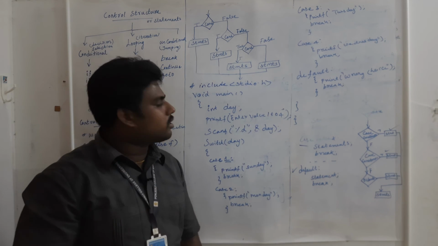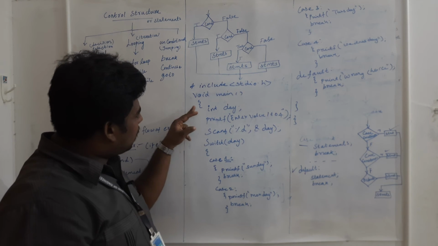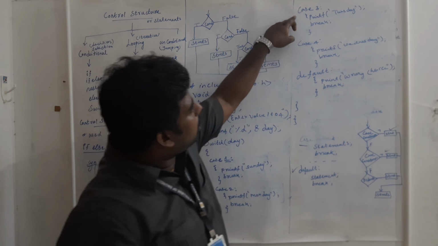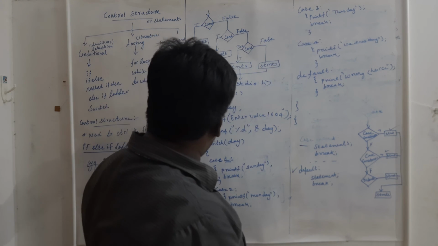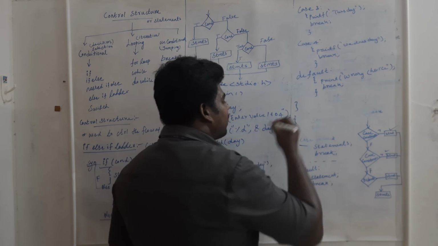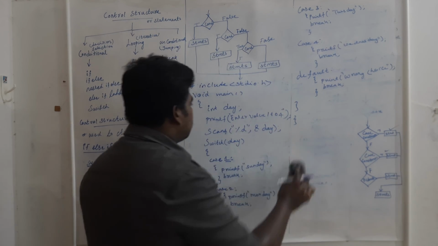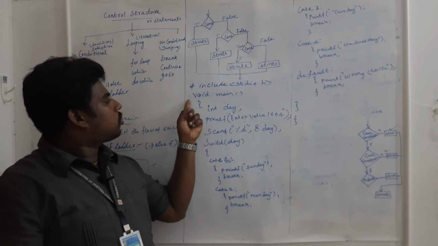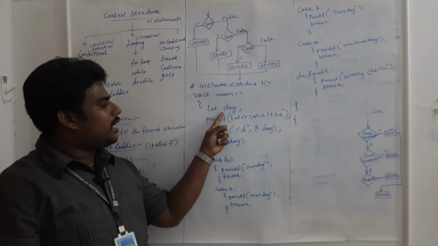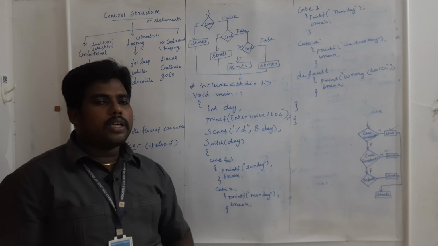While putting curly braces, you have to maintain them carefully. See how many openings here, 1, 2. Here it is closed, here also it is closed, so this closing is here and the void main closing is here. Like that you have to check while using curly braces. These two lines everyone knows, right? Including the header file, starting position. I declare a variable. Then I am telling the user to enter the value 1 to 4.